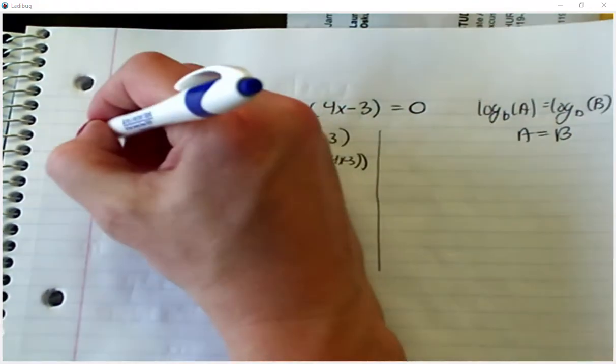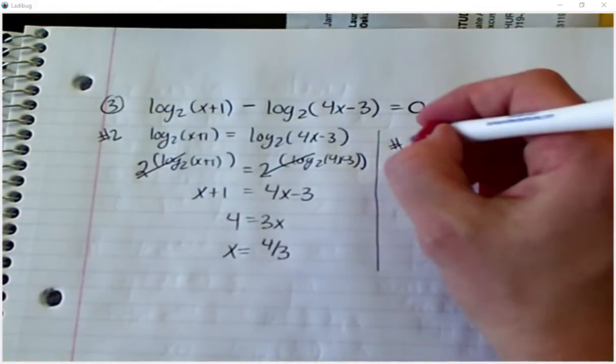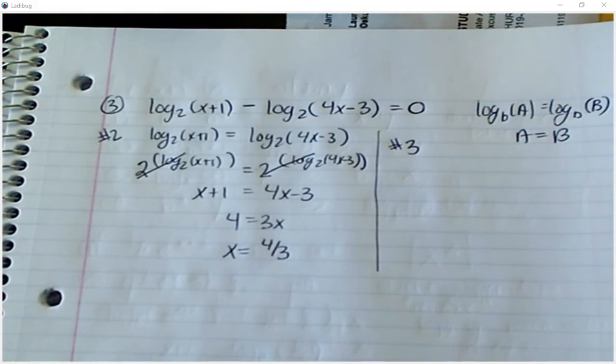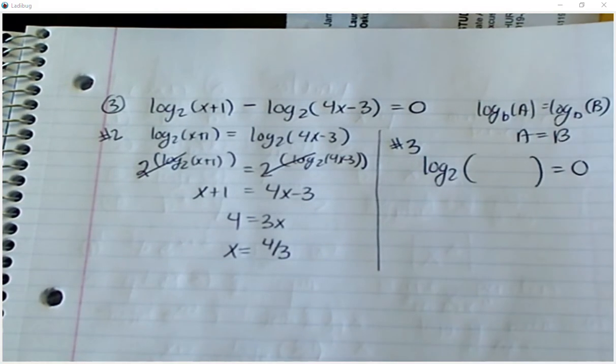But that was category number 2. What if I want to make this category number 3? Can you make it category number 3 instead? Category 3 only has 1 log. Can you do this? Can you turn the left side into a single log instead? The answer is yes. See if you can do it. Well, how do you subtract logs? What do you do? Because they're the same base. Properties work. It's the same thing as